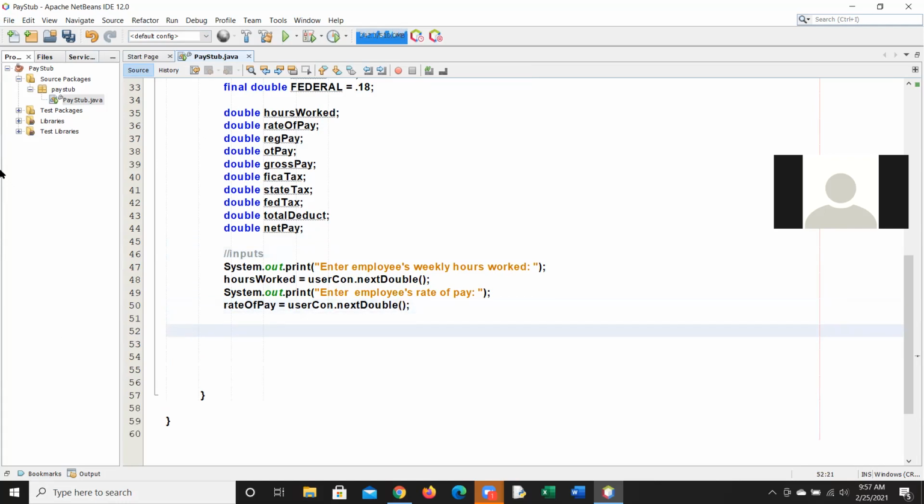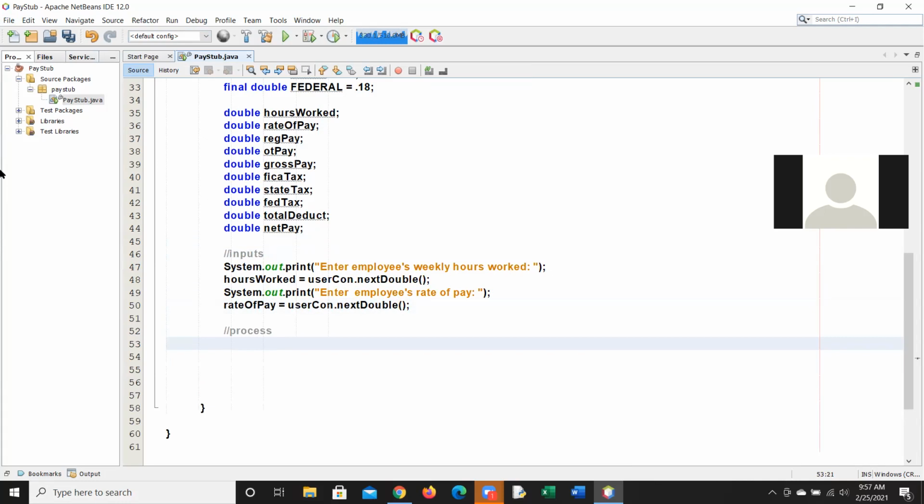Okay, and now the next step is to process this, right? I'm taking data and I'm processing it into information that users can use. So the first thing I have to do is this: if hours worked are less than standard hours, less than or equal to, right? Less than or equal to that,